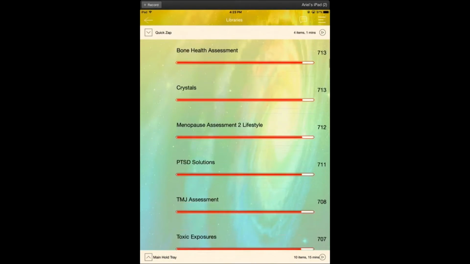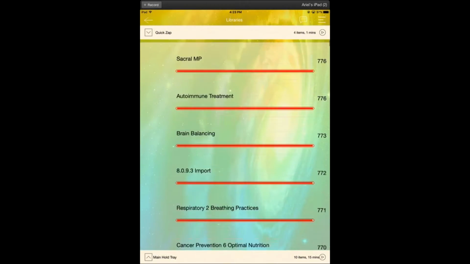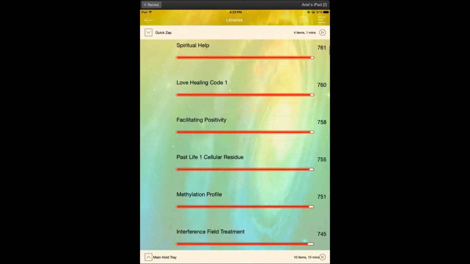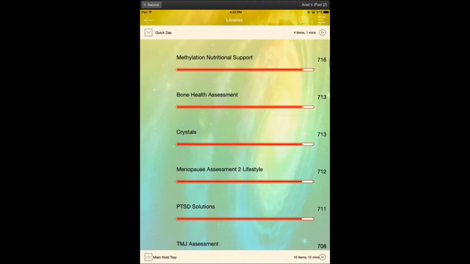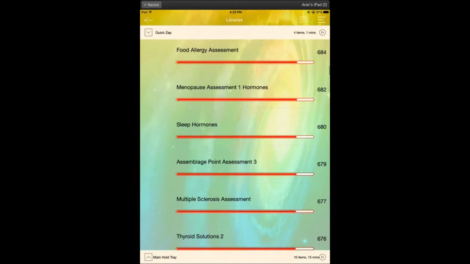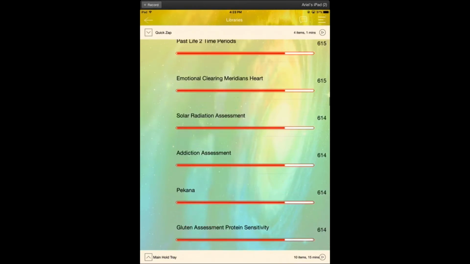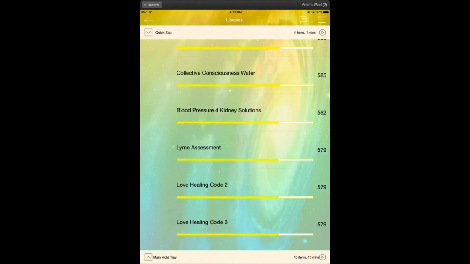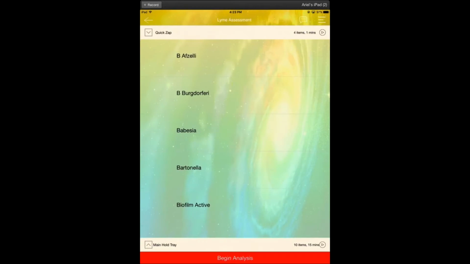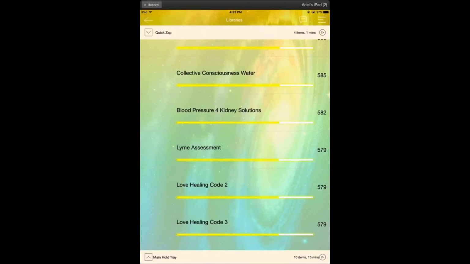But the problem now is that they're listed in numerical order, which is nice because it tells us which one. But if we have a lot of them, Ryan, it's really hard to find them. So now I have to fish through all of these, and where is biofilm? There's hundreds of them, so finding biofilm is going to be like finding a needle in a haystack. So that's sort of a problem. Then the idea is that you pick one like Lyme, and then you begin the analysis, and it does the analysis of that particular panel. Okay, so that's what it's supposed to do.